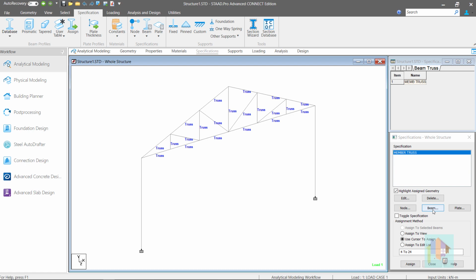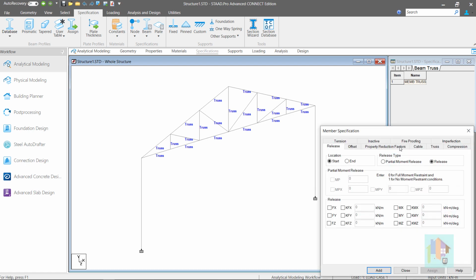In place of truss member specification, we can specify the member as a normal member and then release the majority portion of the rotational stiffness using the partial moment release option, which is available in the beam specification page. Using this specification, we can declare that at the start or end node of a member, rather than fully eliminating the stiffness for certain rotational degrees of freedom, we are willing to allow the member to have a small amount of stiffness in that direction.